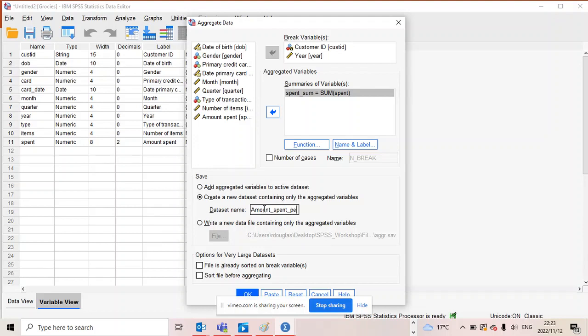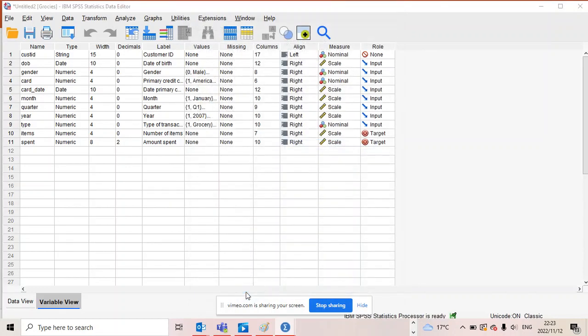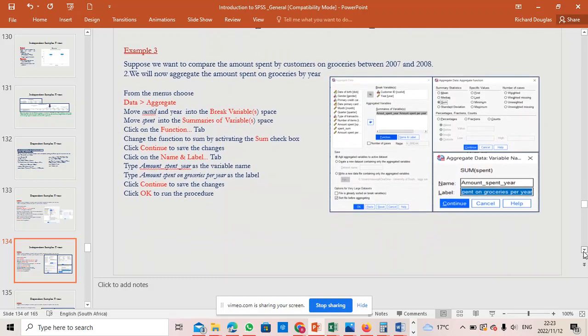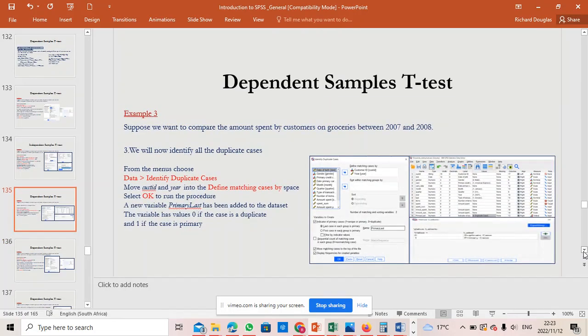a year, or you can say year, right? Then you click OK, right? So having done that, the next process that we need to do is to identify